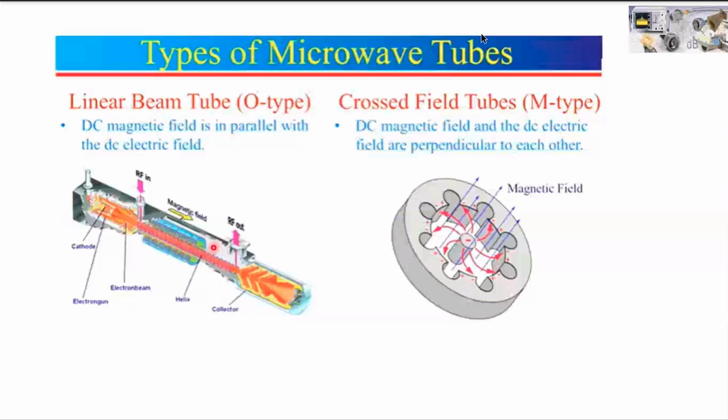Once it enters here, there is acceleration and deceleration of charge. It will be accelerated, it will be decelerated. Because of this acceleration and deceleration, electrons form bunches as they move down the tube from here to here, input to output. This bunched electron beam induces current at the output structure, and after that they give their energy to the microwave present in the output structure.